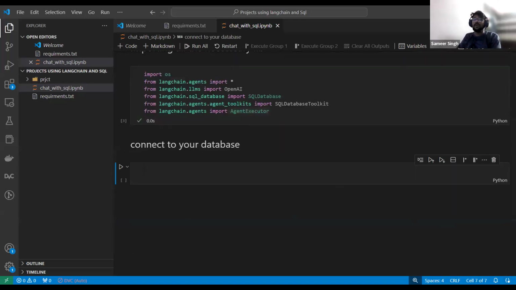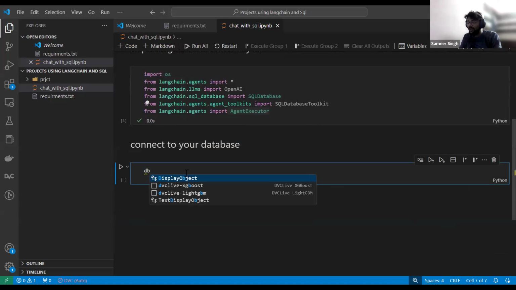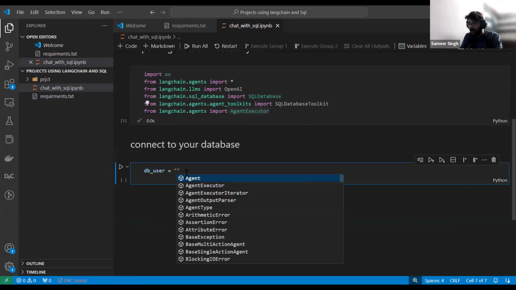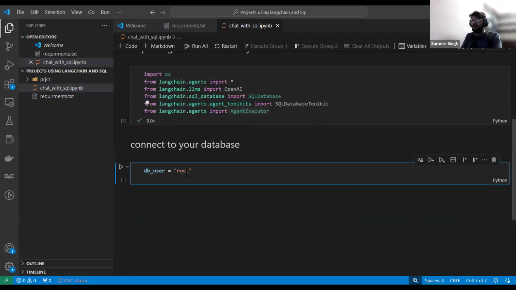How can we connect with the database? We have some credentials for this. Very first, we need the DB username. My DB username, I have kept root. This is the credential for the database. When you install MySQL, you will have some credentials, and the same credentials you will give here.